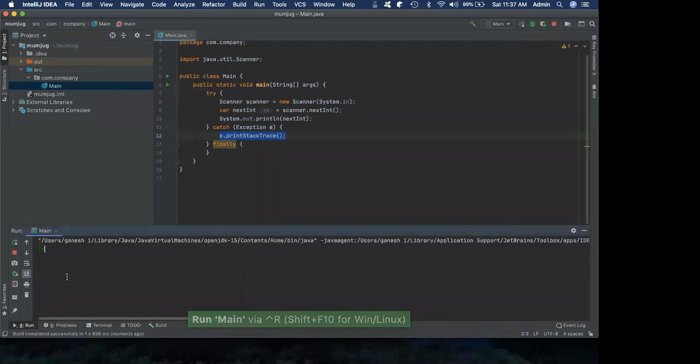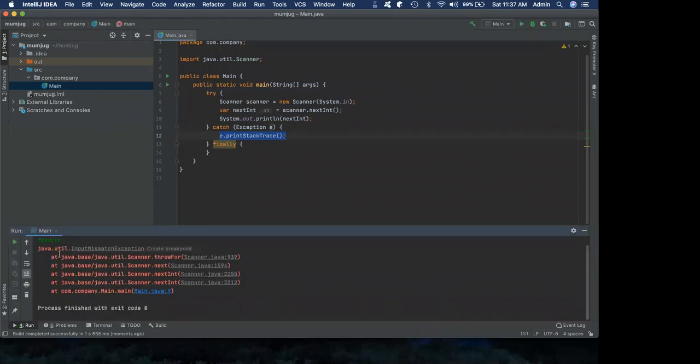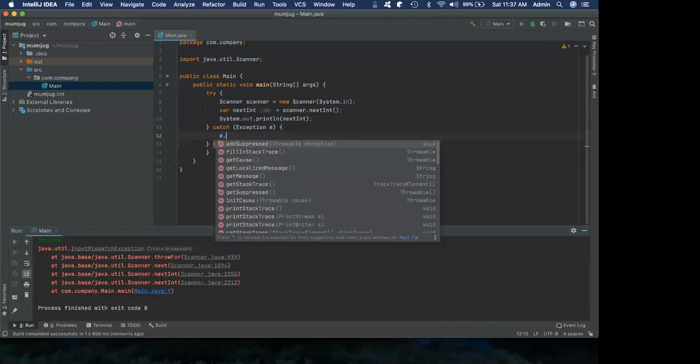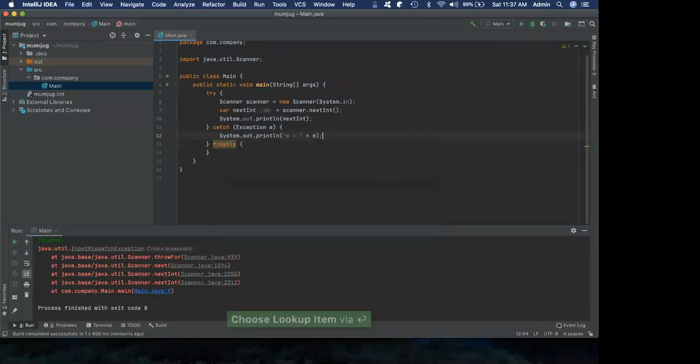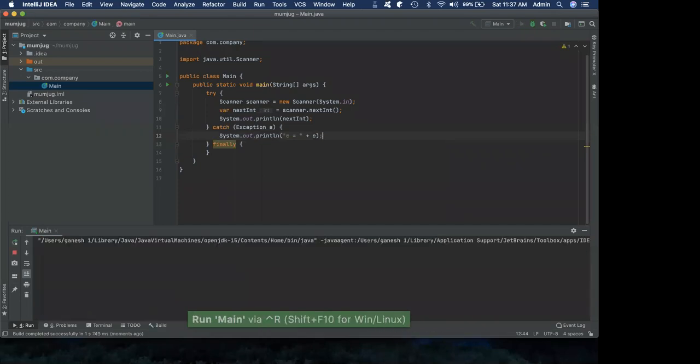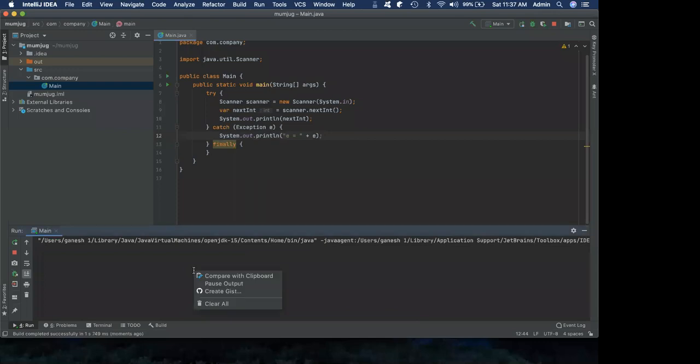And let's see something. And okay, I'm just still getting this stack trace, but that is a different problem, right? So this is a much better scenario, right? I can give an error message saying that type an integer, right? So that is surround with. So surround with can actually save a lot of effort for you, right?